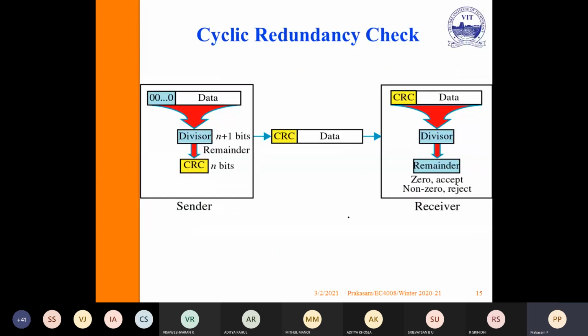Then CRC, it is the cyclic redundancy check. It has a CRC polynomial, a standard polynomial. Simply, we are dividing the respective data using the divisor. We are getting the CRC, that is a remainder. We are adding the remainder along with the data and transmitting. Then using the same divisor, we are dividing CRC plus data. If the remainder is 0, that means there is no error. If the remainder is non-zero, it is an error. So automatically the information is rejected. It is a very, very simple problem.